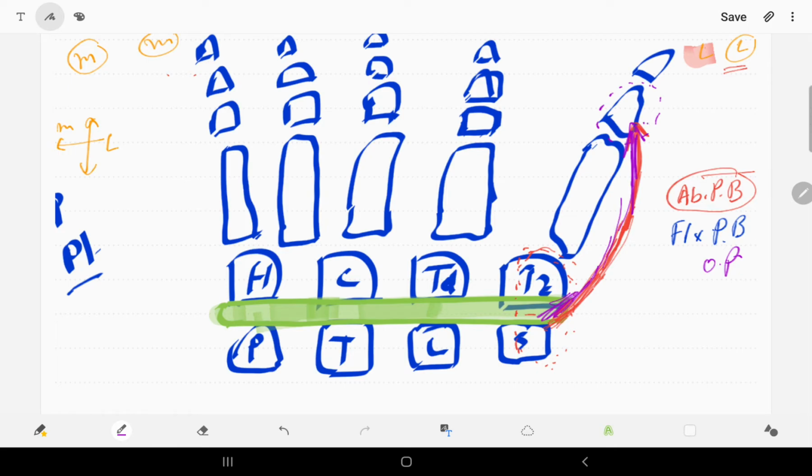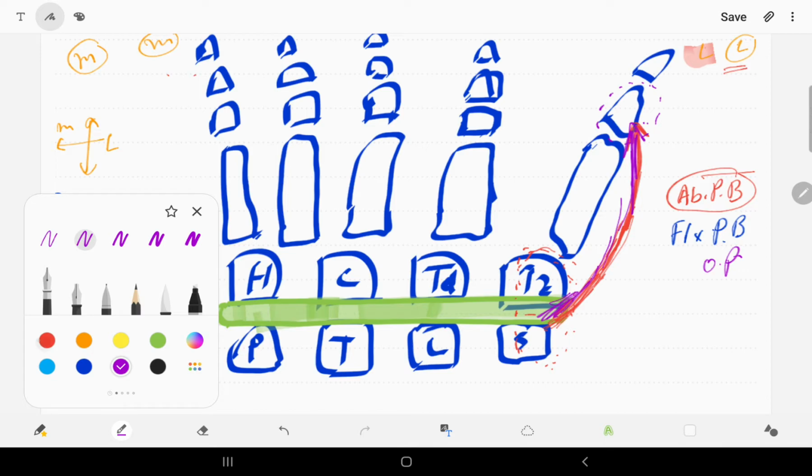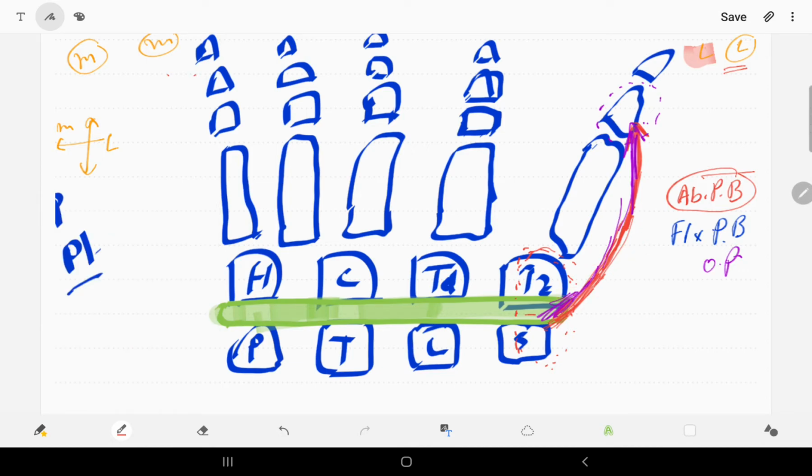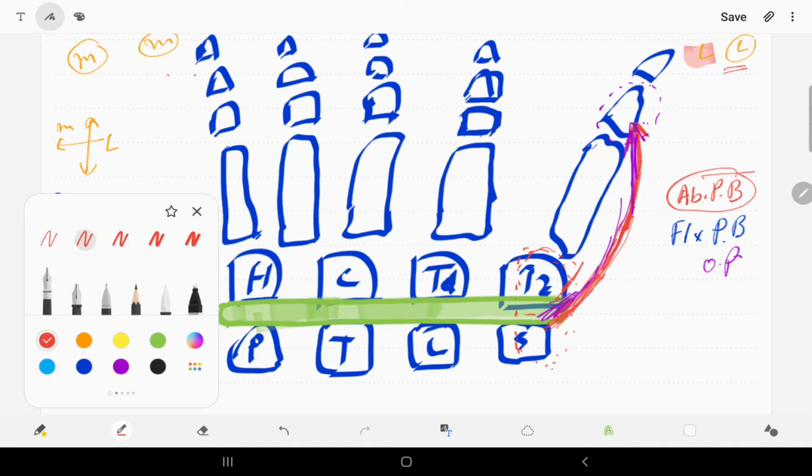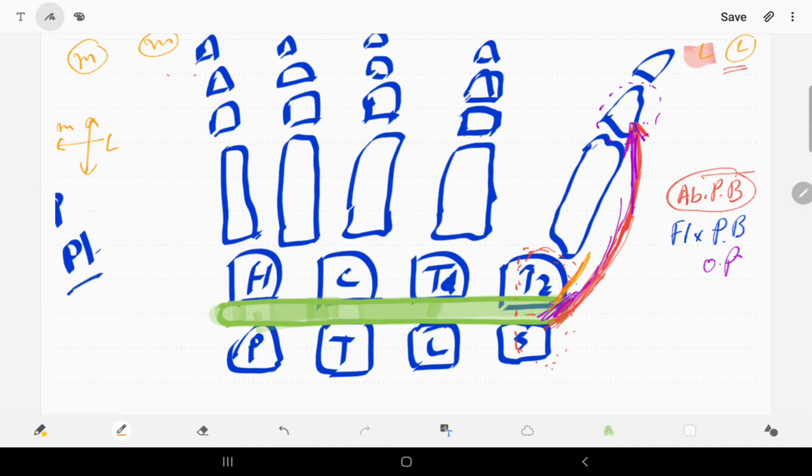And similarly the flexor pollicis brevis, approximately their origin and insertion are a little bit the same. Flexor pollicis brevis is just towards the inside, originating from the same area and inserted in this proximal phalanx of the thumb. So this is your abductor pollicis brevis, and this is your flexor pollicis brevis.